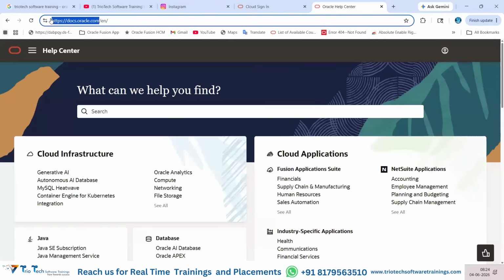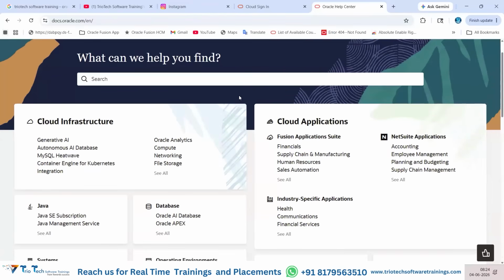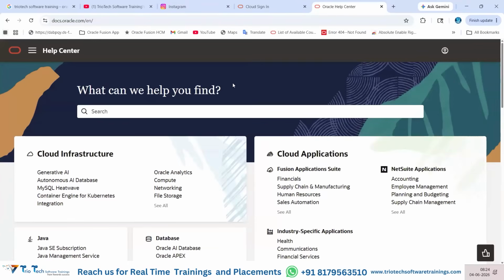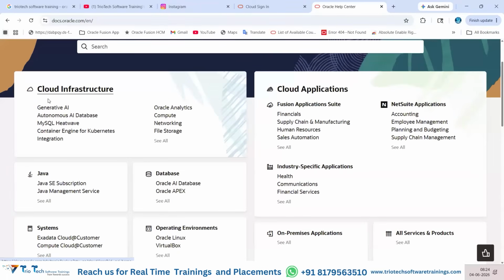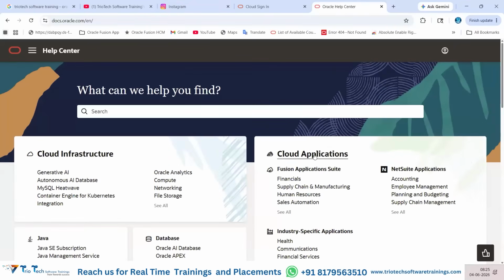Nothing but documents.oracle.com. The website name is documents.oracle.com. Then you will land upon this page. Here you can see all Oracle applications in the market: cloud infrastructure, generative AI, then MySQL HeatWave, then Java, then you have Oracle Database, Apex, Oracle Linux, and here our